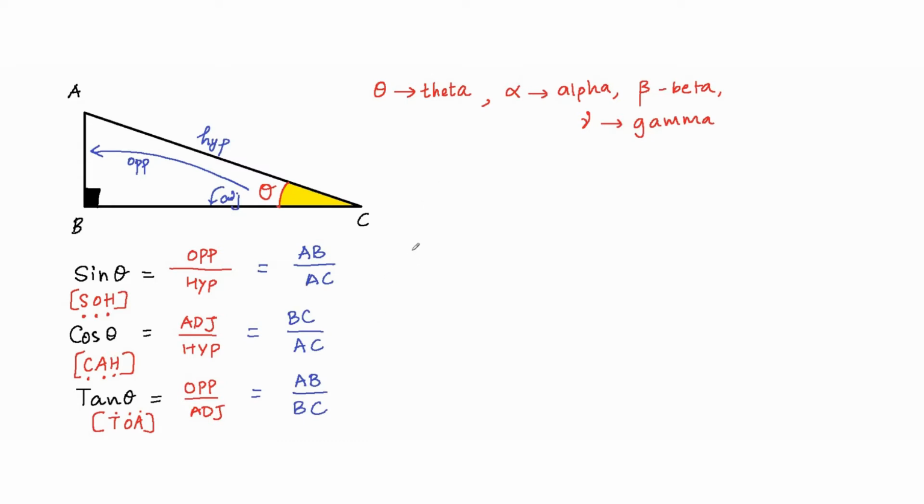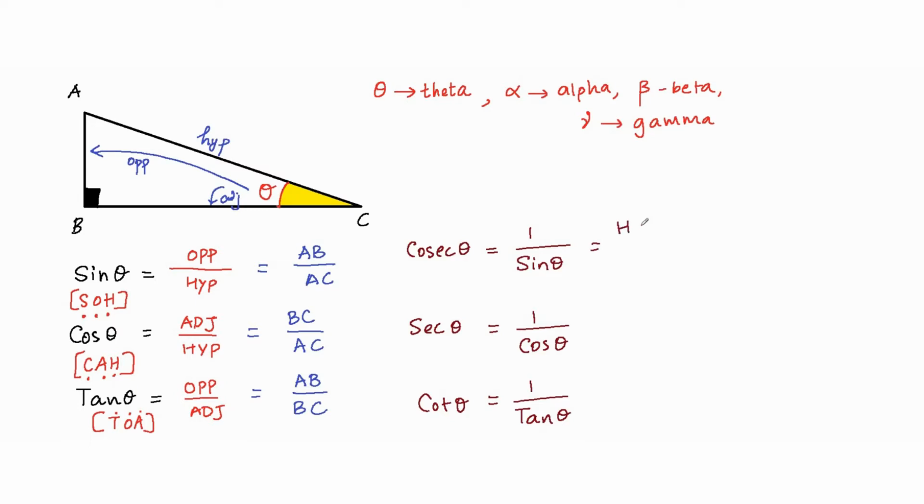The reciprocal of sine is given by cosec theta. So cosec is 1 by sine theta. Similarly, the reciprocal of cos is given by sec theta. So sec theta is 1 by cos theta. And the reciprocal of tan theta is given by a ratio known as cot theta. So cosec theta is going to be hypotenuse divided by opposite. Sec is going to be hypotenuse divided by adjacent and cot is going to be adjacent divided by opposite. So these were the 6 trigonometric ratios that we learned